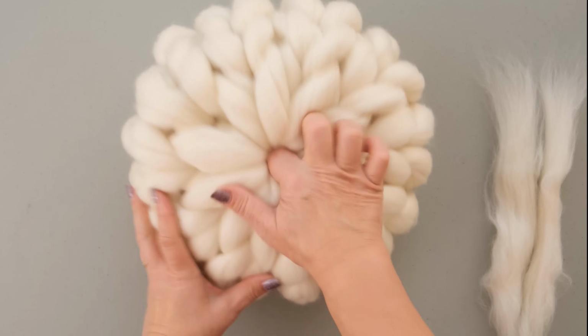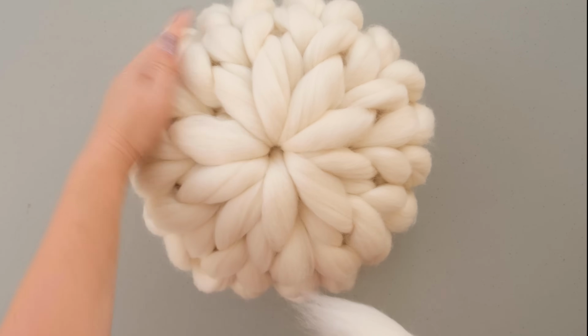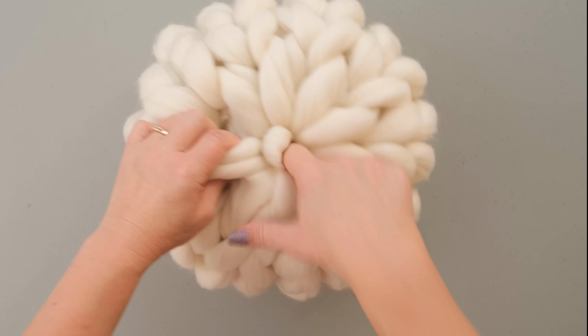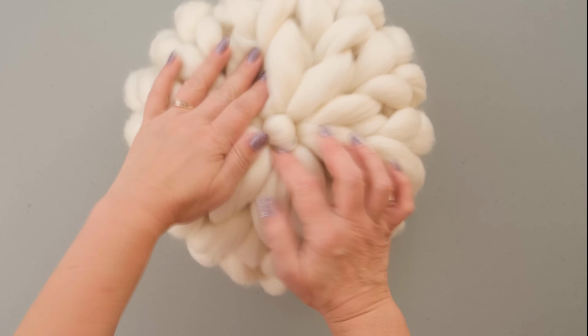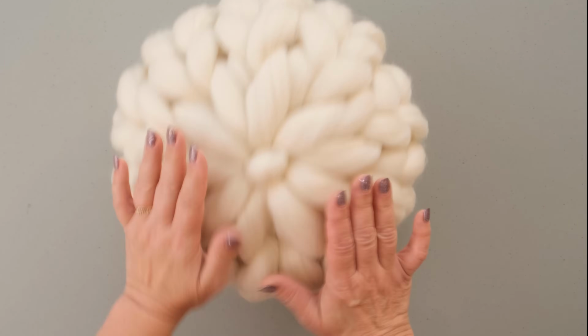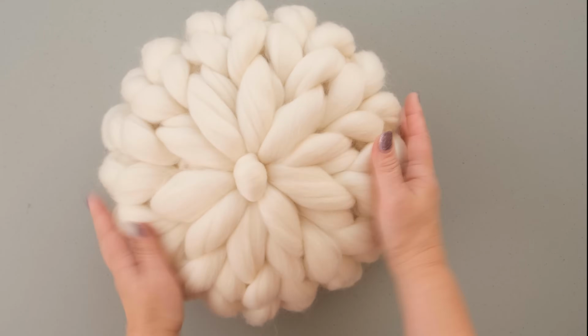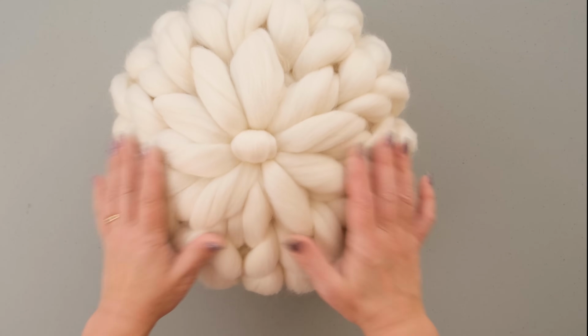Here you are. The beautiful pillow is done. If you want to have a little piece of yarn sticking out, you can have it done like this. So it's up to you. Then it will look like a real flower. So this is the top of the pillow. This is the bottom. It's very nice and soft and extremely beautiful, and this is our Merino wool in ivory,